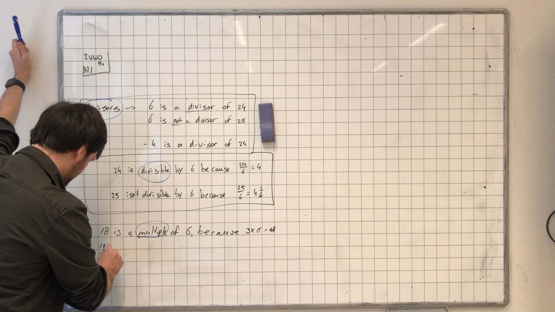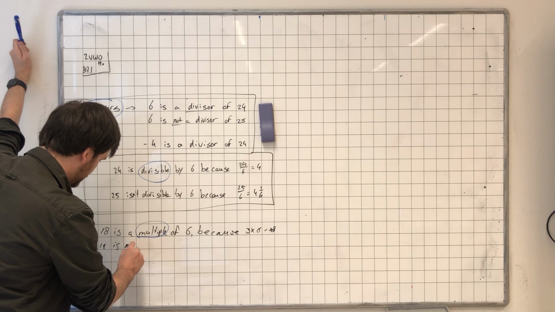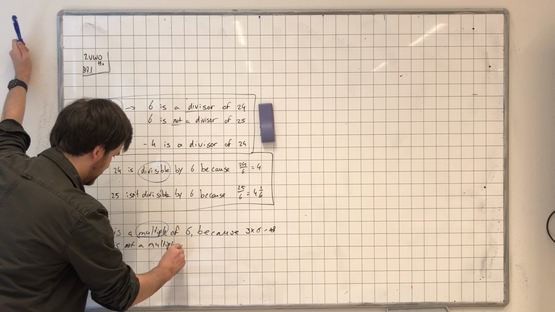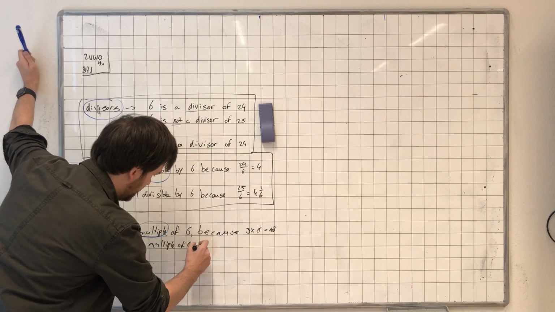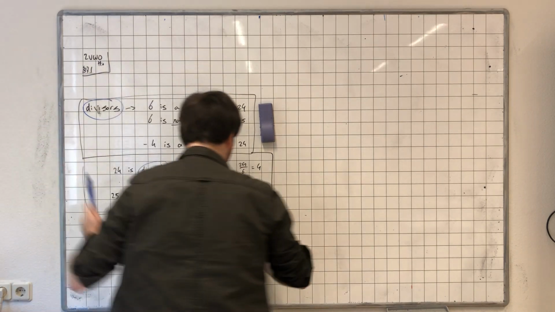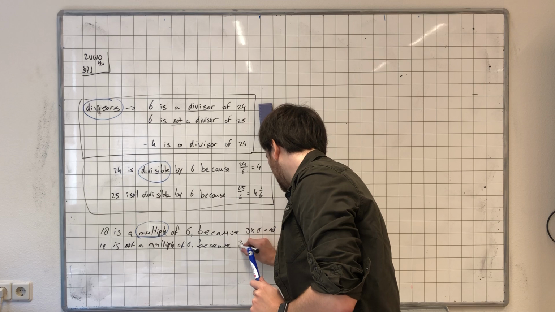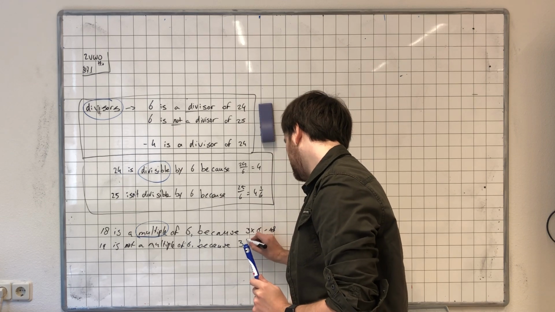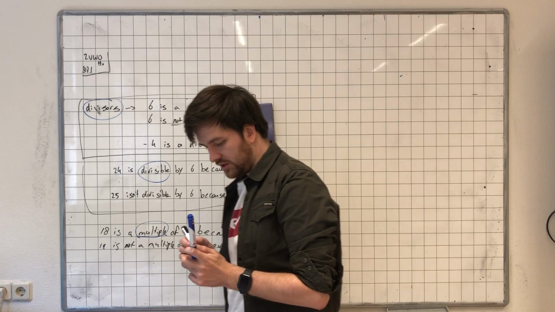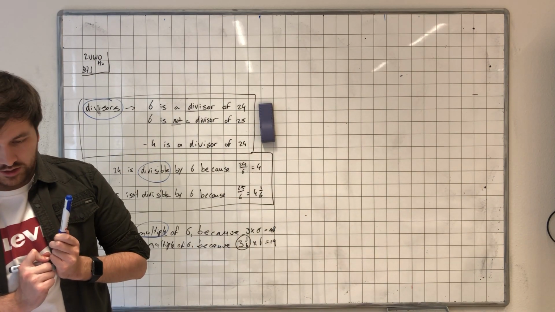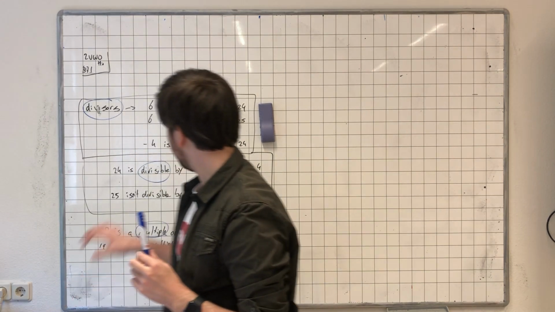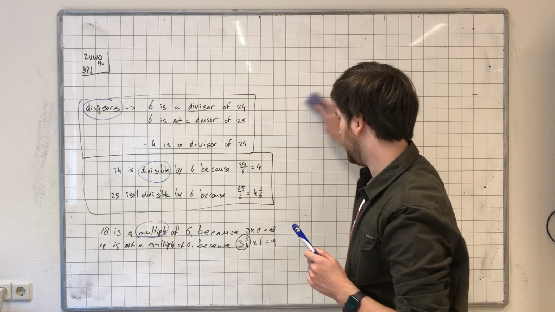19 is not a multiple of 6, because 3 1/6 times 6 is 19, and this has to be a whole number, otherwise it does not count. Okay, well, now you do know something about this. Also going to look at